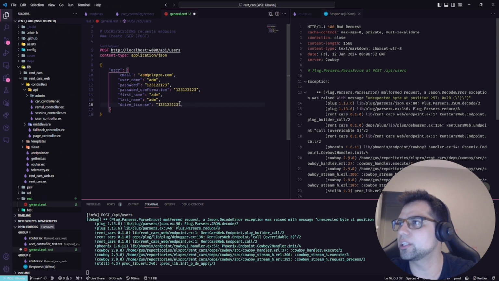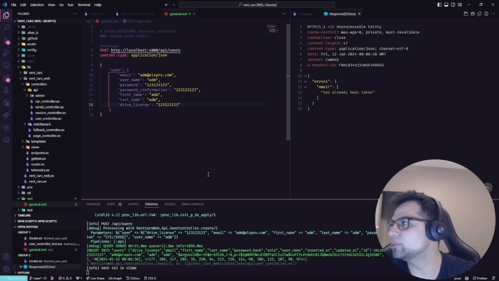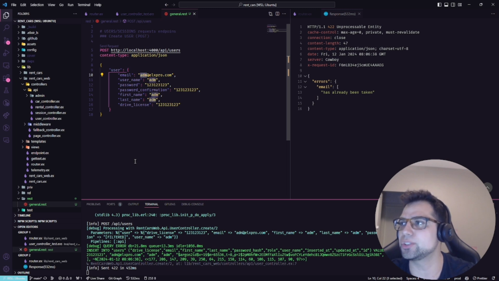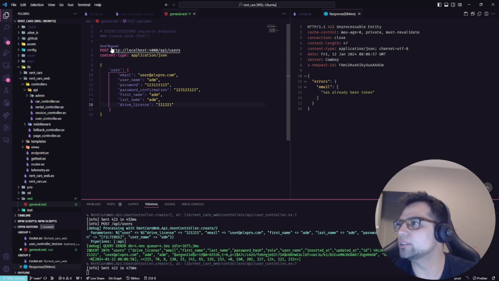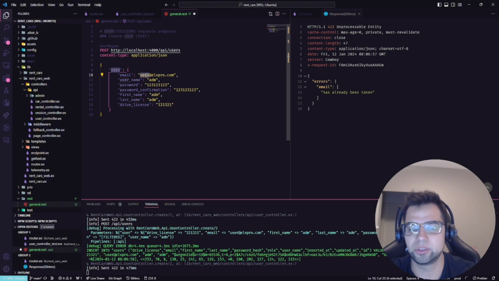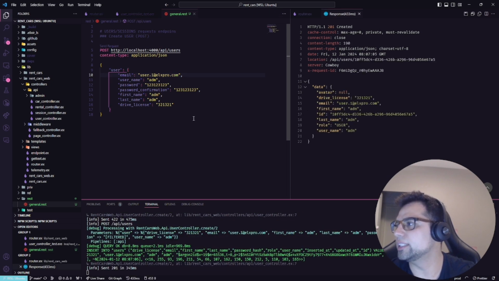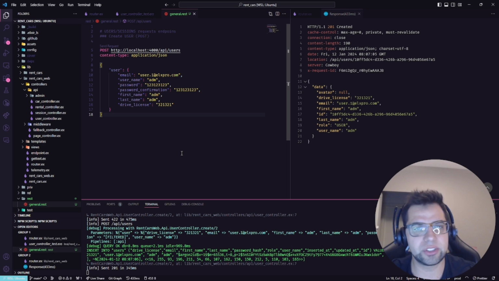Oh, it's a comma. I forgot to remove that, and it's saying that the email has already been taken because I've already created this user. But we can say like user, and then the drive license will be 321, and the email user.1. And there you go. We are using the API, which is fantastic, but we need to learn some techniques to